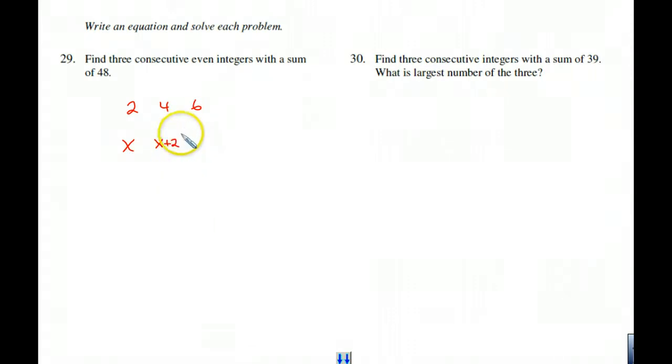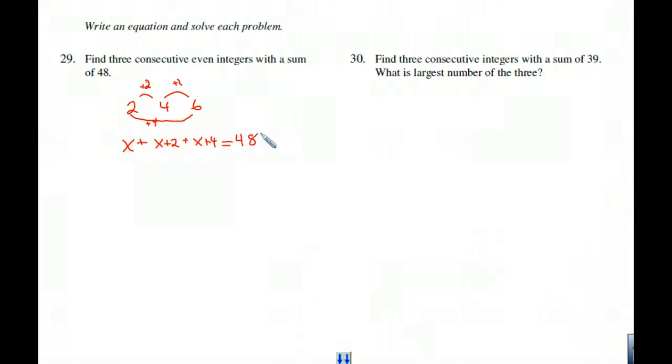And I don't know what the number is after that either, but even numbers, if they're consecutive, go in order. So if it's 2 from the first number to the middle number, and from the second number to the third number, it's 2, I know from the first to the last number, it's going to be 4 more. So I know the third number is 4 more than the first number. So if I add up all of these,